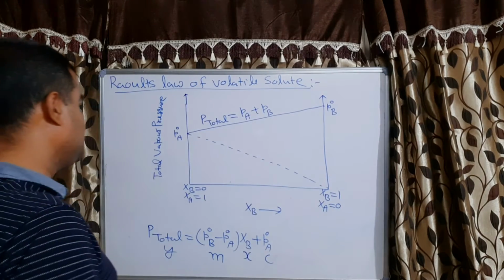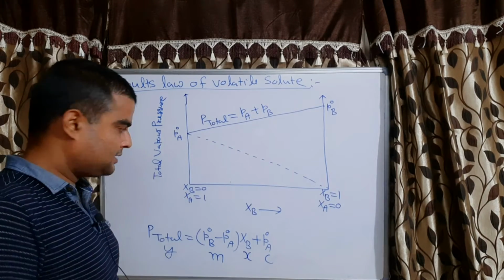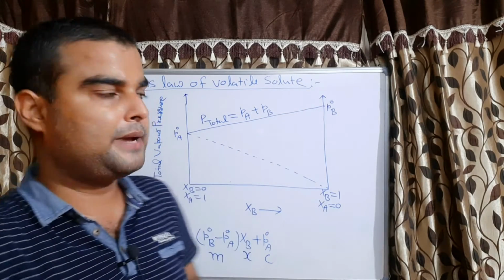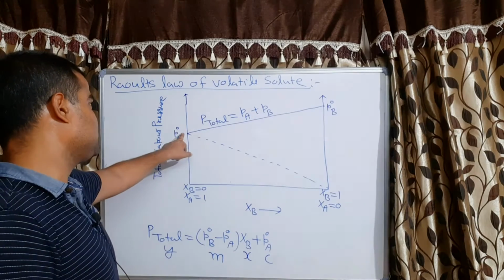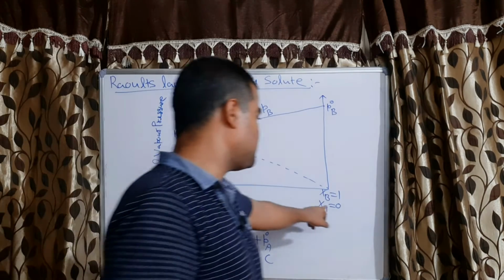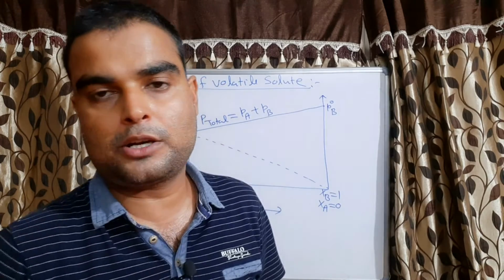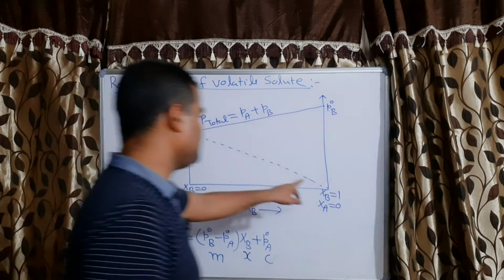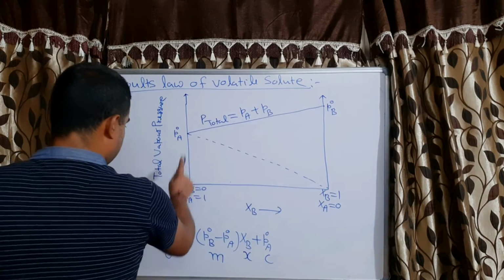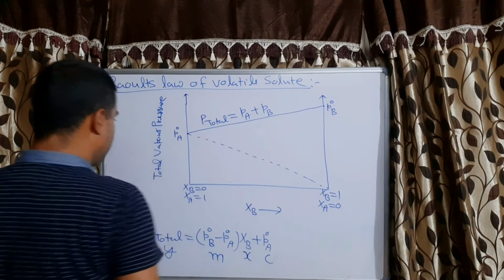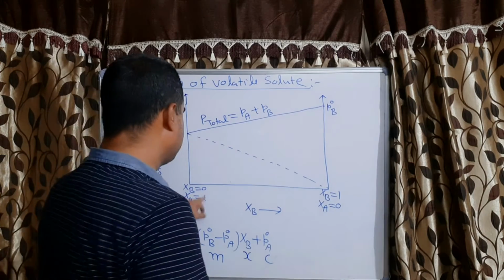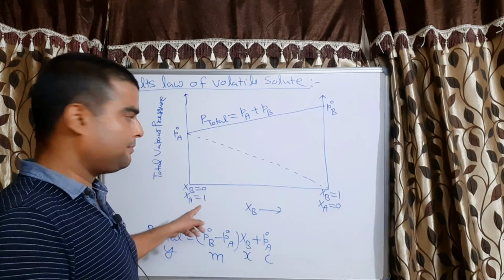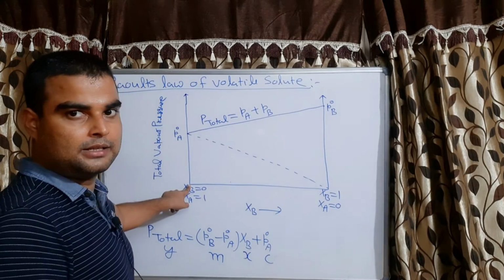Okay, I am again telling, this is XA equal to 1, since it is the maximum mole fraction. So, vapor pressure of A also will be maximum, and that will be P naught A, meaning here. Now, XA equal to 0 means the vapor pressure of A will be 0. It means the vapor pressure of A will vary from here to here. Similarly, for the B component, here it is 0. So, vapor pressure of component B will be 0, meaning minimum, and 0 it is here, correct?